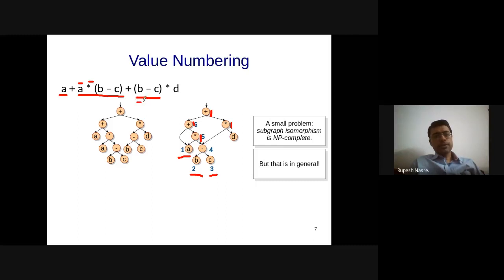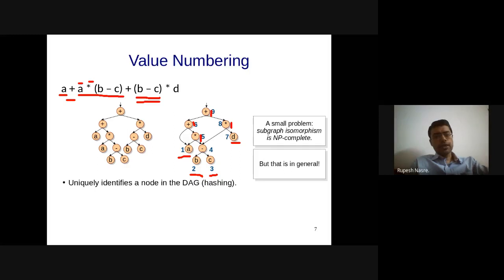So this B minus C is 4 again, and then D, which becomes, we missed the plus, okay, so we missed this plus, so that becomes 6, and then after that D becomes 7, and then star becomes 8, and plus becomes 9. So this kind of numbering is what we have seen in the postfix form, and that is what gets followed. But there are certain interesting properties which this conveys.